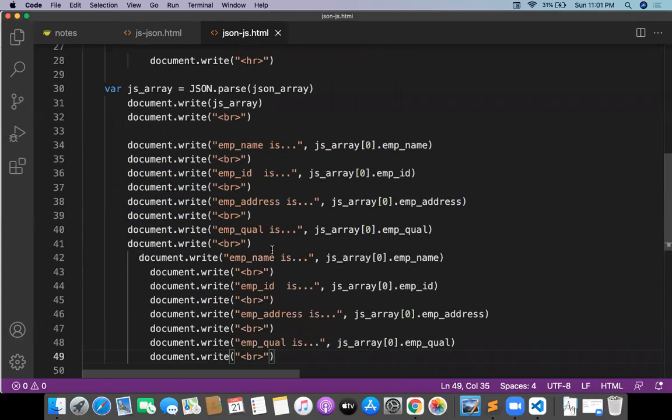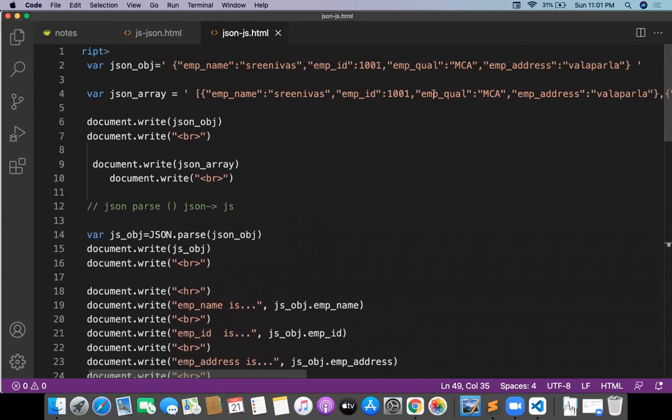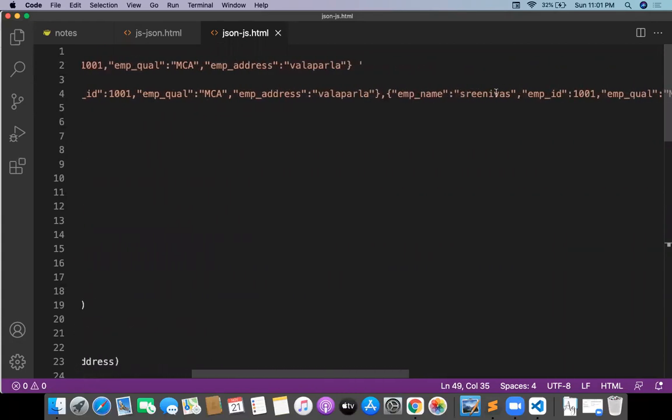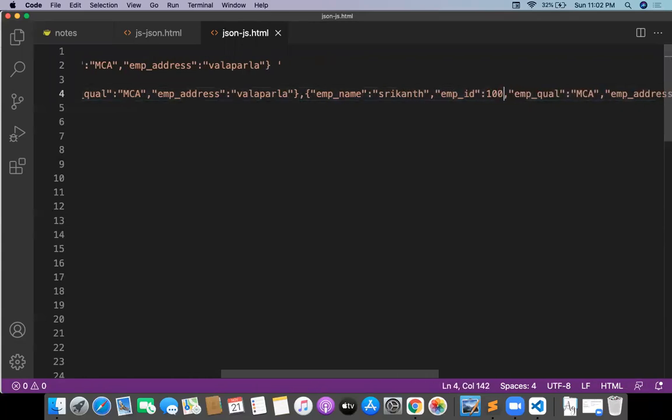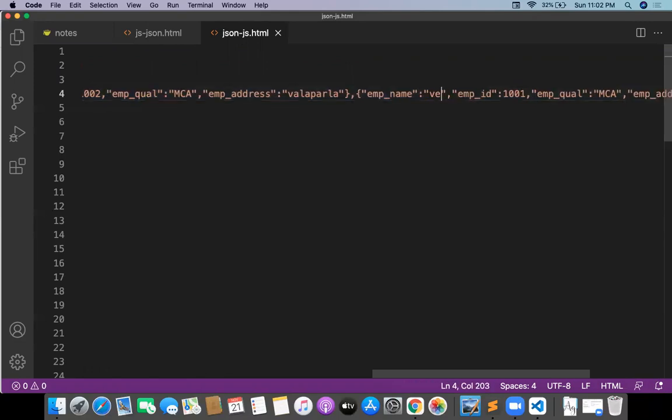Okay, whatever it is, here I can change the names. This is the first employee, right? And the second employee is something like Srikanth. Second employee Srikanth, employee ID 1002. And qualification, okay. And the third employee name is something like Venki, and this one is at 3.